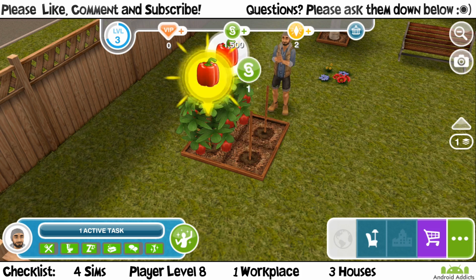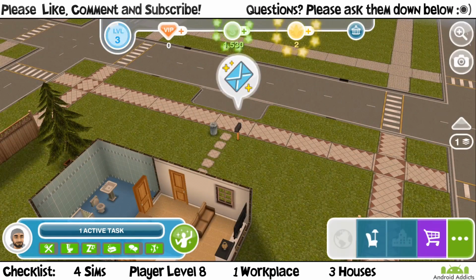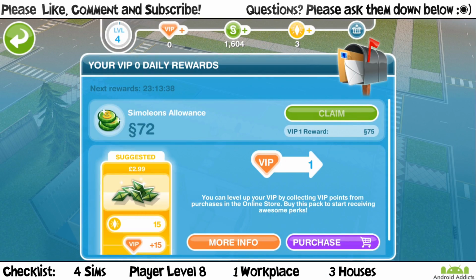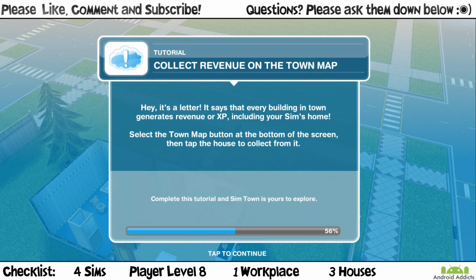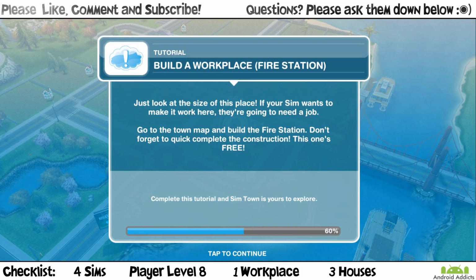Once these have grown, you should then level up to level 4, which will give you an additional life point, which will bring your total life points to 3. You'll then be asked to claim your daily reward. If you click on the mailbox, claim your reward. Now you'll be told to collect your revenue on a town map. Click on the icon in the bottom right,